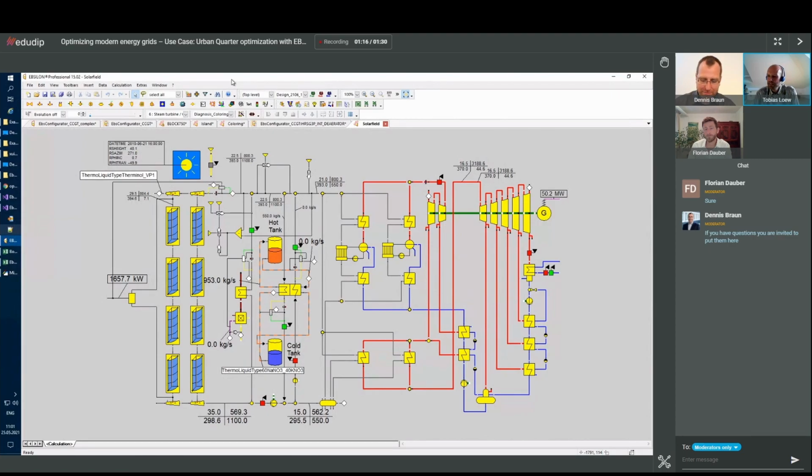And we have here a small model of one of those plants which use a trough system. Those are models we developed together with the German Aerospace Association,